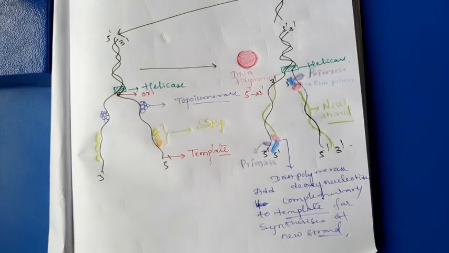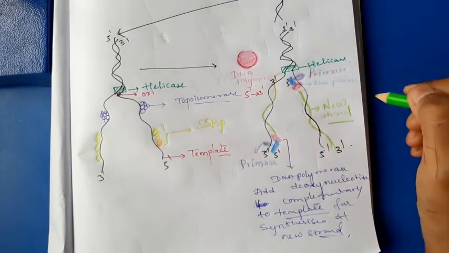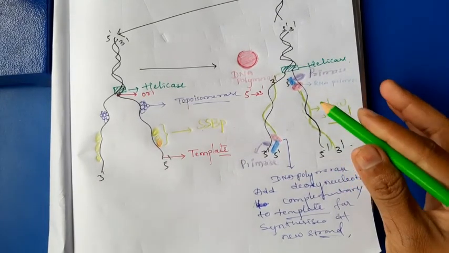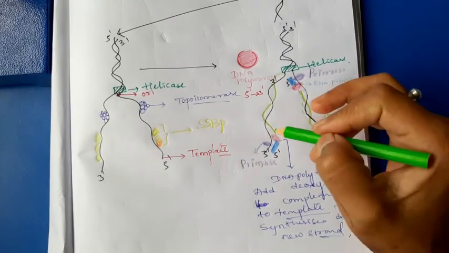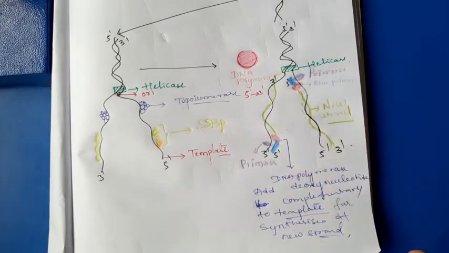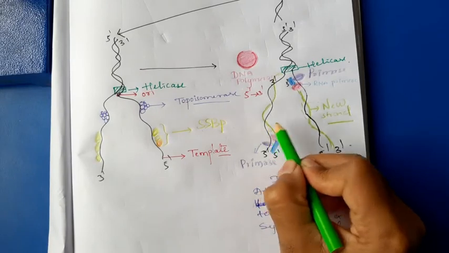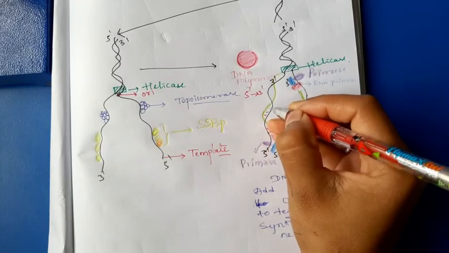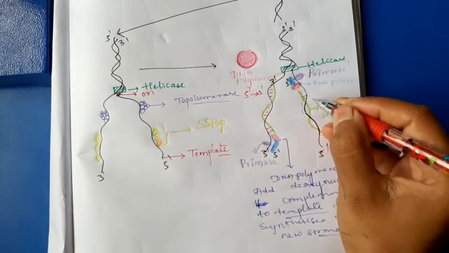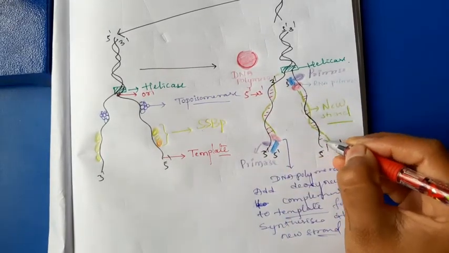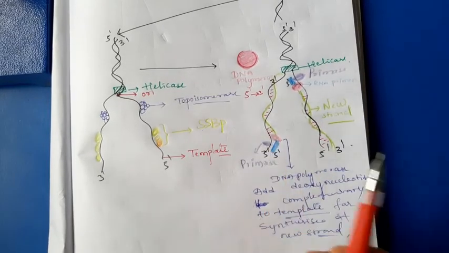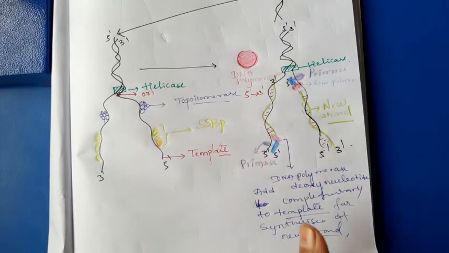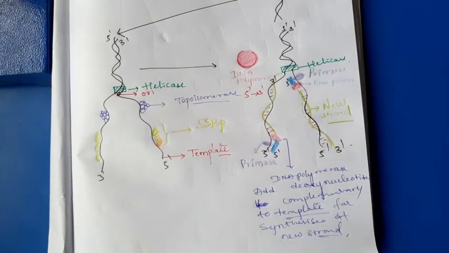DNA polymerase is very clever. It adds the necessary DNA nucleotides, or deoxynucleotides, and forms another new strand. There is a formation of hydrogen bonds here also, because the base pairs are complementary. You know that this is a semi-conservative mechanism. One strand is the parental, old strand. Another strand is newly synthesized. This is the hybrid, semi-conservative mechanism of DNA.